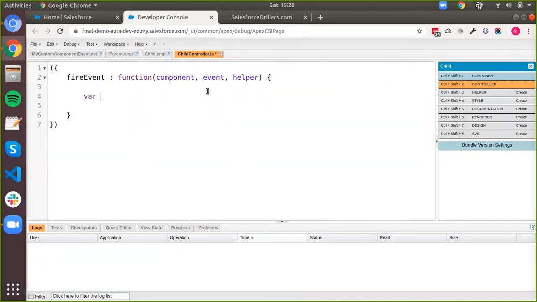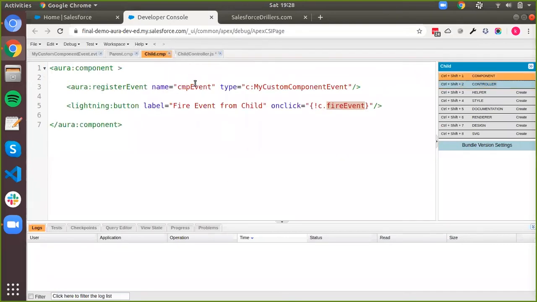So first we declare a var and we just name it anything. Let us call it evt for now. So first we need to get the event in a variable, and we do that by doing component.getEvent, and inside of this you need to give the name of whatever you defined in the aura:registerEvent.